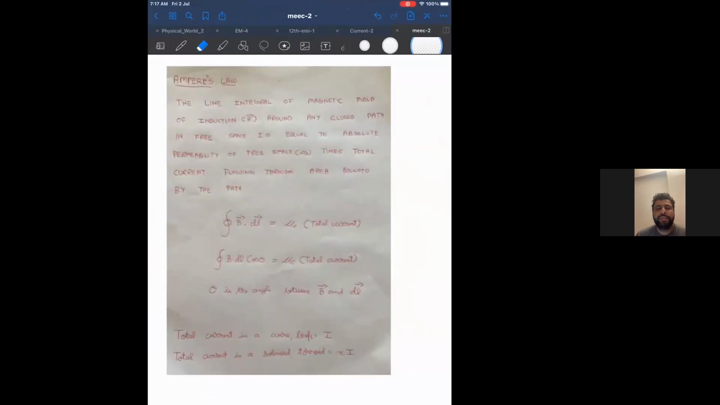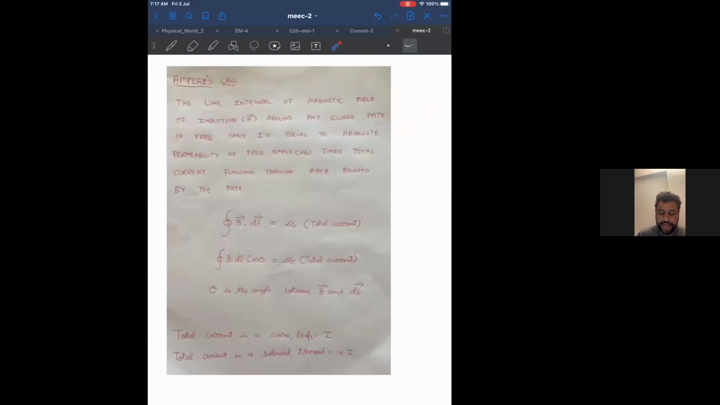One thing you need to know is integration. I hope you know a little bit of integration by now. If you don't know, it's fine. I'll tell you what formula we are using. Now, what does Ampere's law say? The line integral. Line integral means what? Integration with respect to length. The meaning of line integral is integration with respect to length